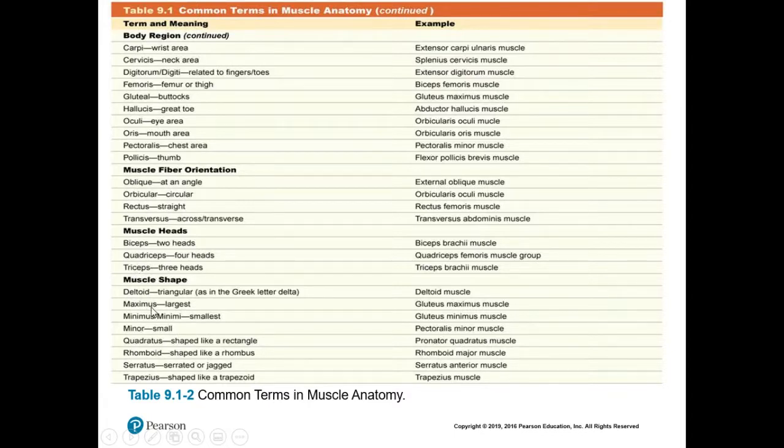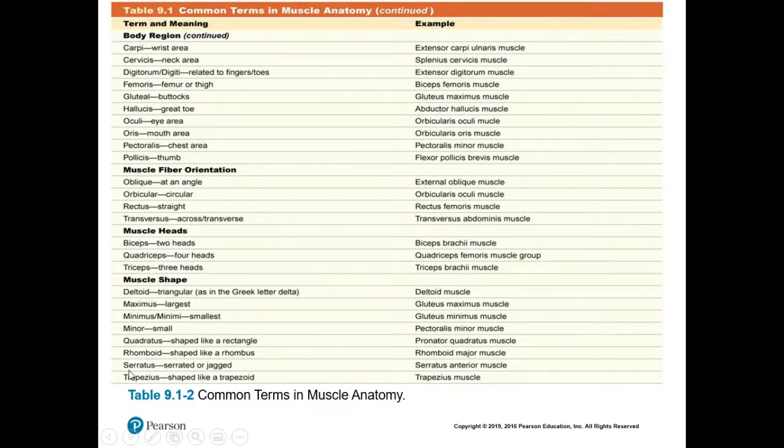We'll go over all the muscles so you'll know which ones I'm referring to. And then shape, like the triangular deltoid, okay, on the lateral aspect of your arm. Maximus is obviously large, minimus is smallest, minor is small but not as small as minimus, right? Quadratus, rectangle. Rhomboid is a rhombus,